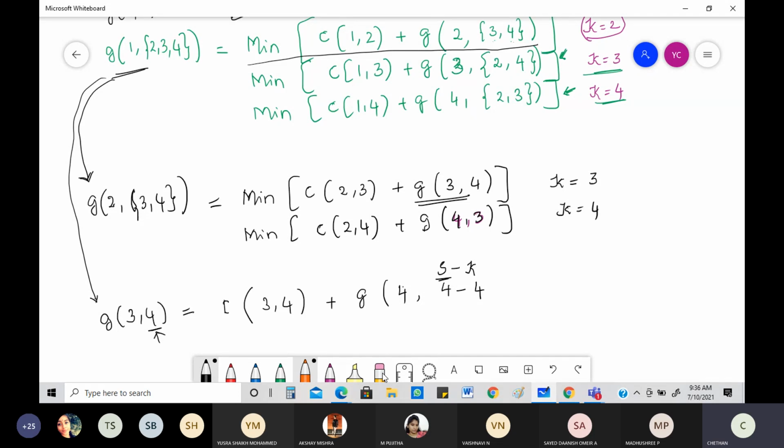In set terms, what you call this? You don't call it 0 and all. You call it something else. What is that something else? You call it as null. Okay, you basically call this entire thing as null. So what is going to happen for this? G 4, comma, what is the value you're going to get? You're going to get null. Okay, you're going to get it as null here.